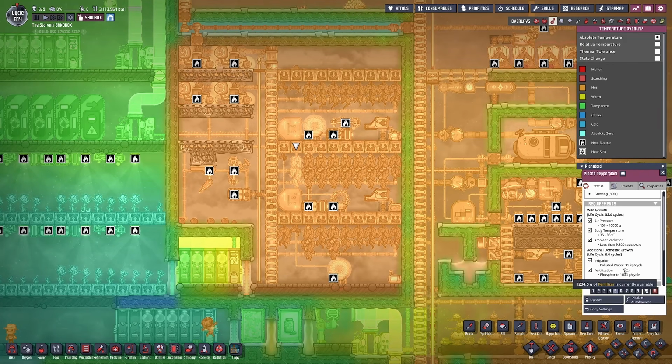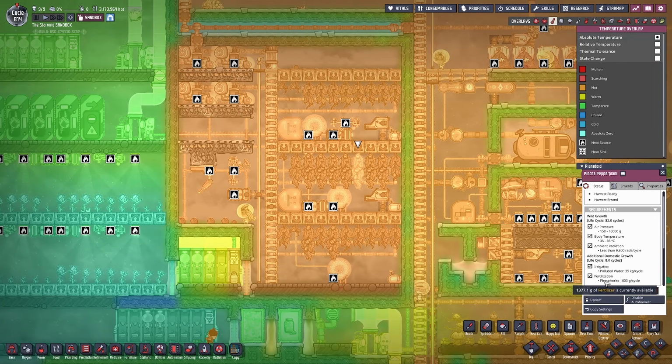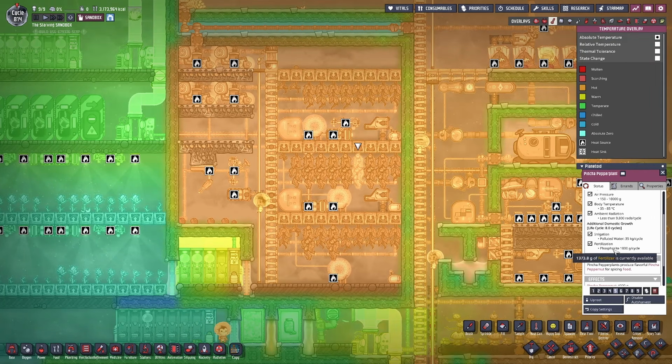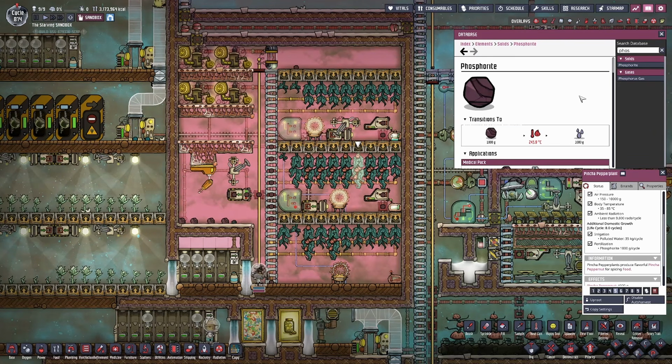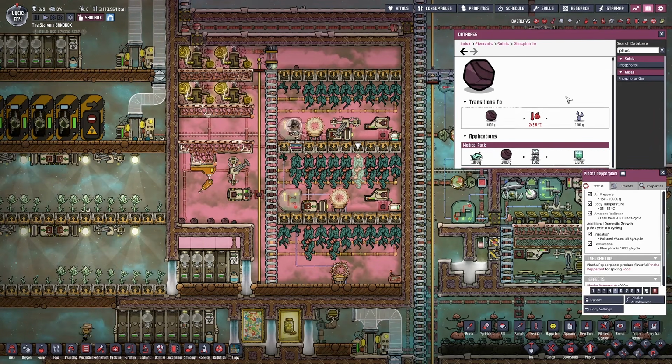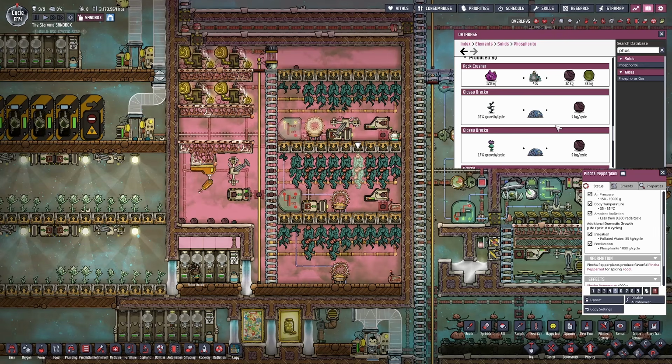Of course, there are geysers that produce polluted water, so this is definitely something that you can sustain long term. The final thing is going to be fertilization, and you're going to need 1,000 grams per cycle of phosphorite. Phosphorite is another ingredient that you're going to have to produce elsewhere because it's a finite resource on your asteroid. Luckily for you, it's fairly easy and common to produce a lot of phosphorite, especially if you're going to be